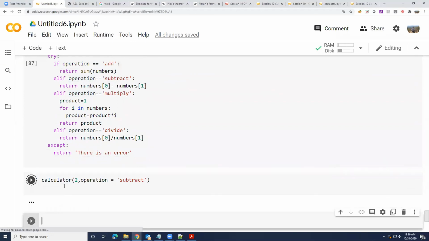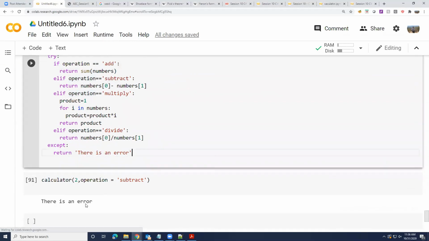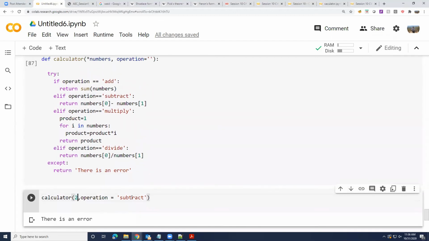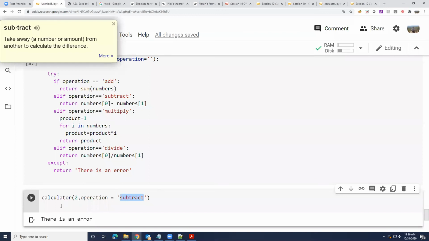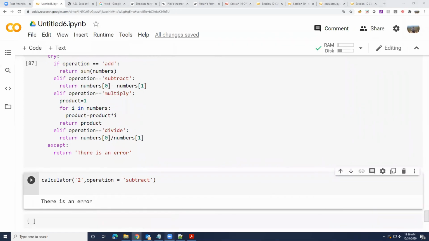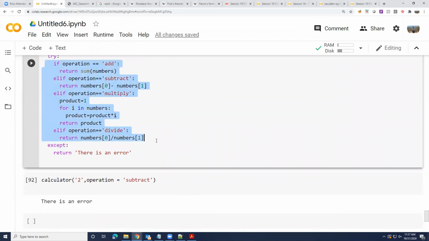So now let's call it with this. It just says there is an error, right? So whatever error is there, whether I call it with operation subtract or the other types of errors we checked, 2 with an integer or with a string, it keeps saying there is an error. So now we have eliminated our error checking completely.